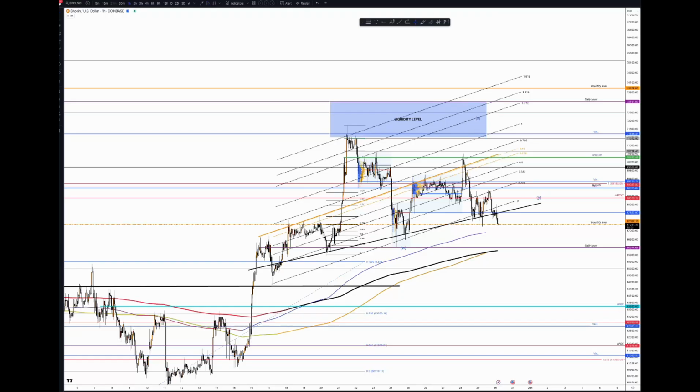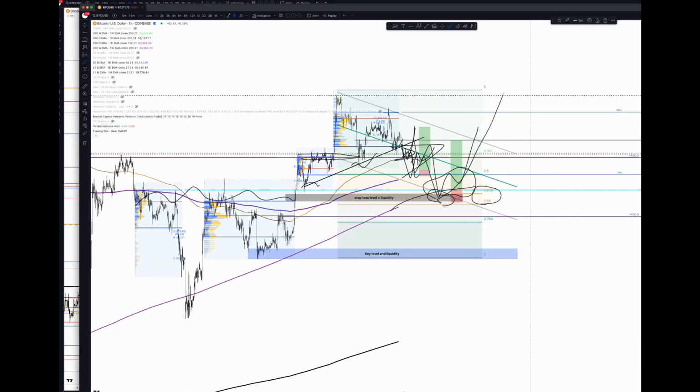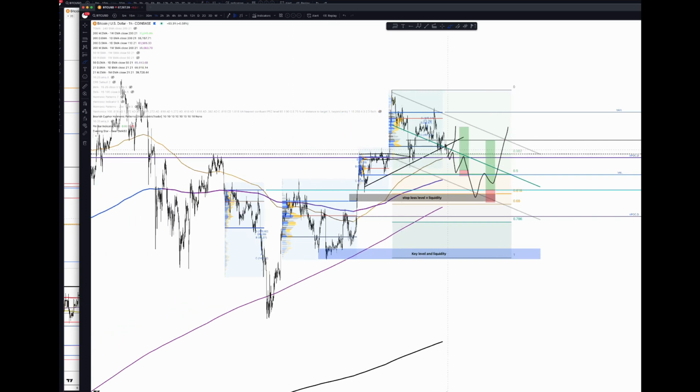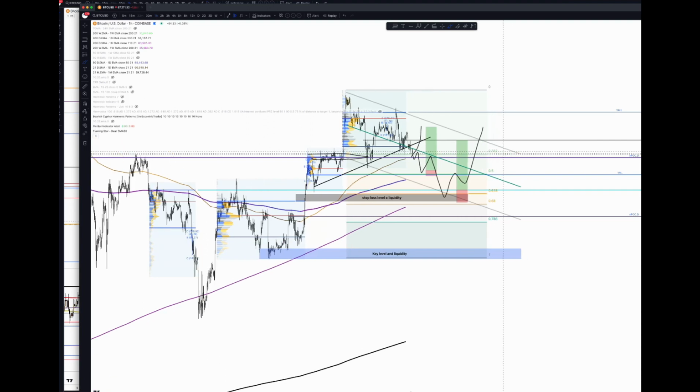Back to our chart, to this one. Just to give you justification. So we're finding price dropping. I think this channel is relevant for the time being, and we could probably see the bottom of the channel. This moving average could be a nice scalp trade. We might get some rejection here, and then further down to the 200 daily moving average, where it's a golden ratio, major support, and liquidity as well,